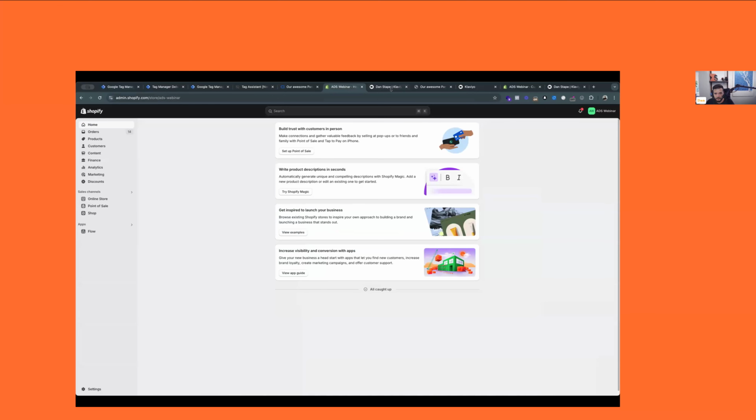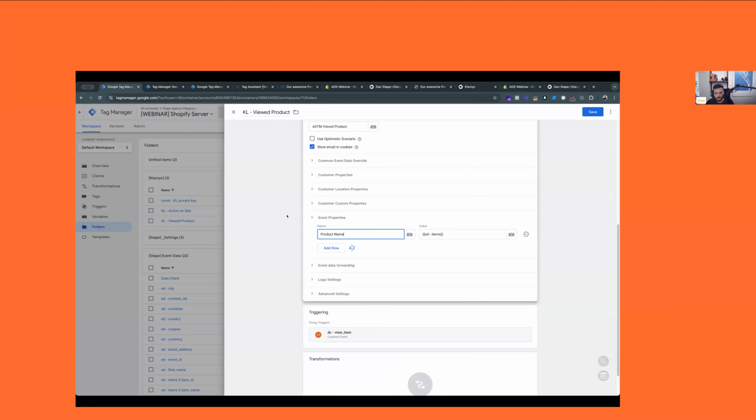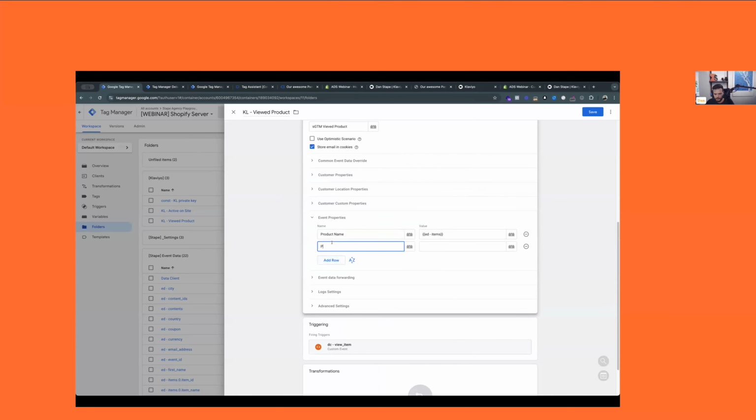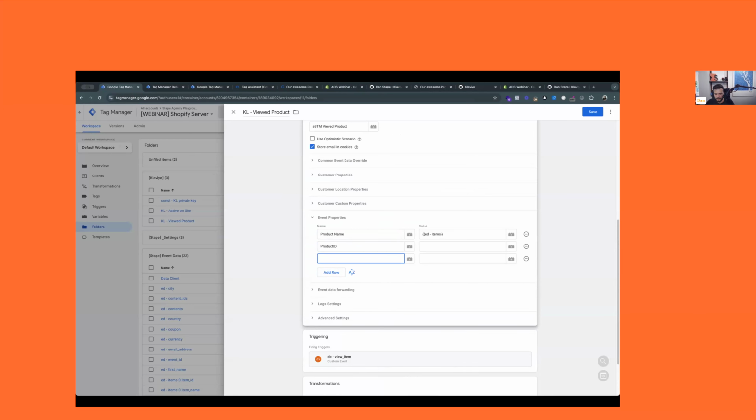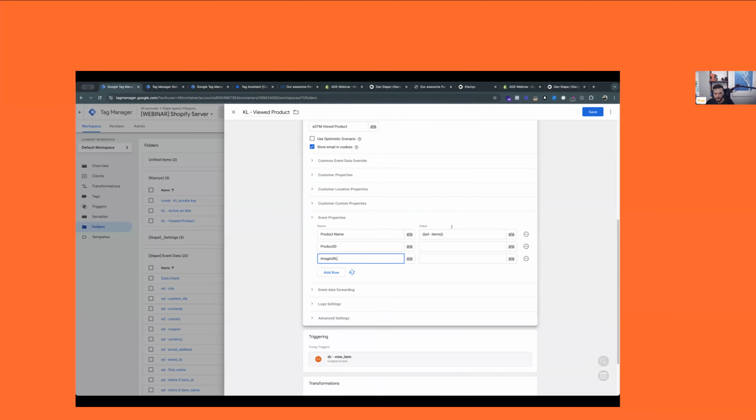Let's take a peek at those once again. So it's product name, product ID, and image URL. Going to product name, product ID, and then image URL. Again, I have a bad memory, so image URL, product ID, product name with a space. Beautiful. Now let's give them the values and name,